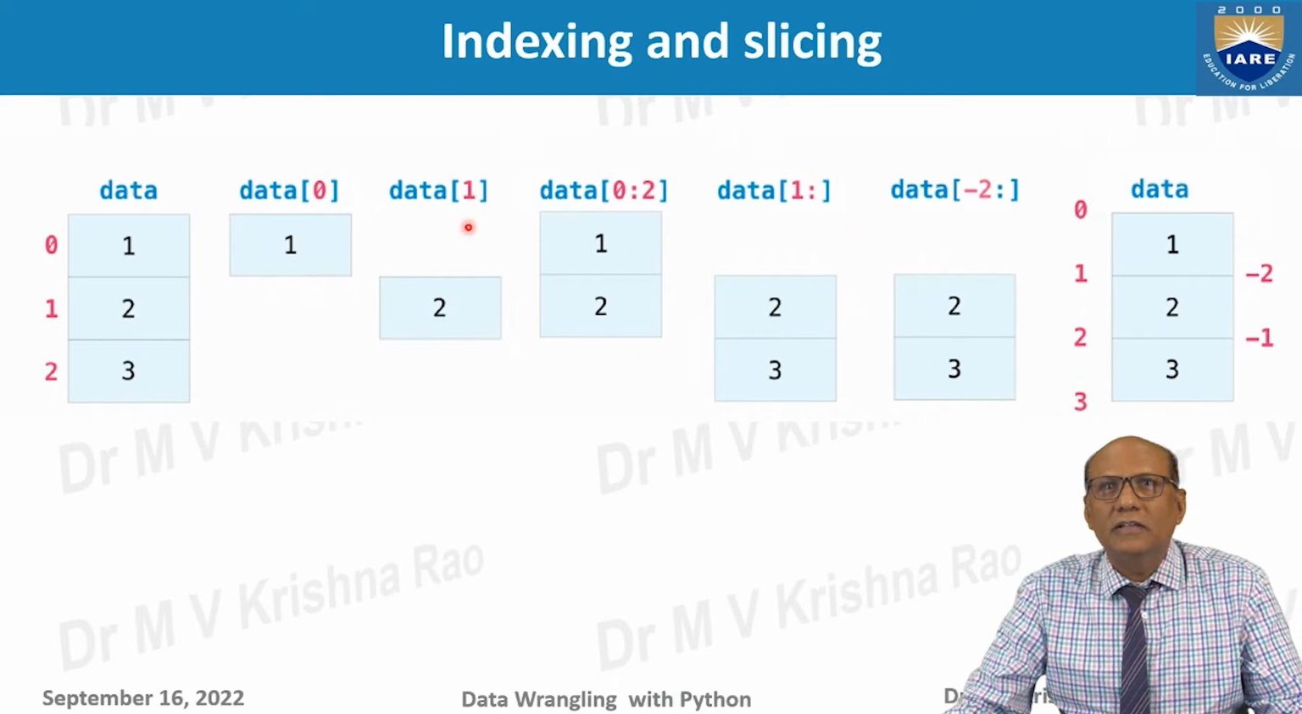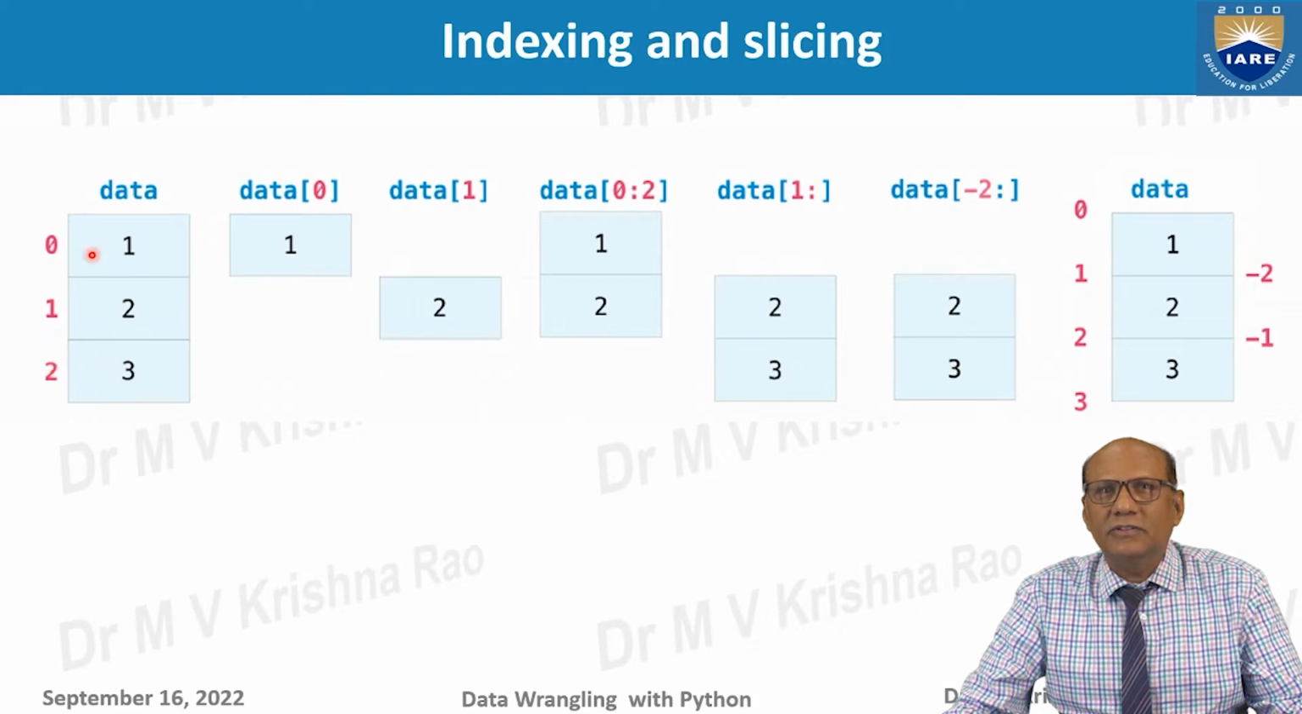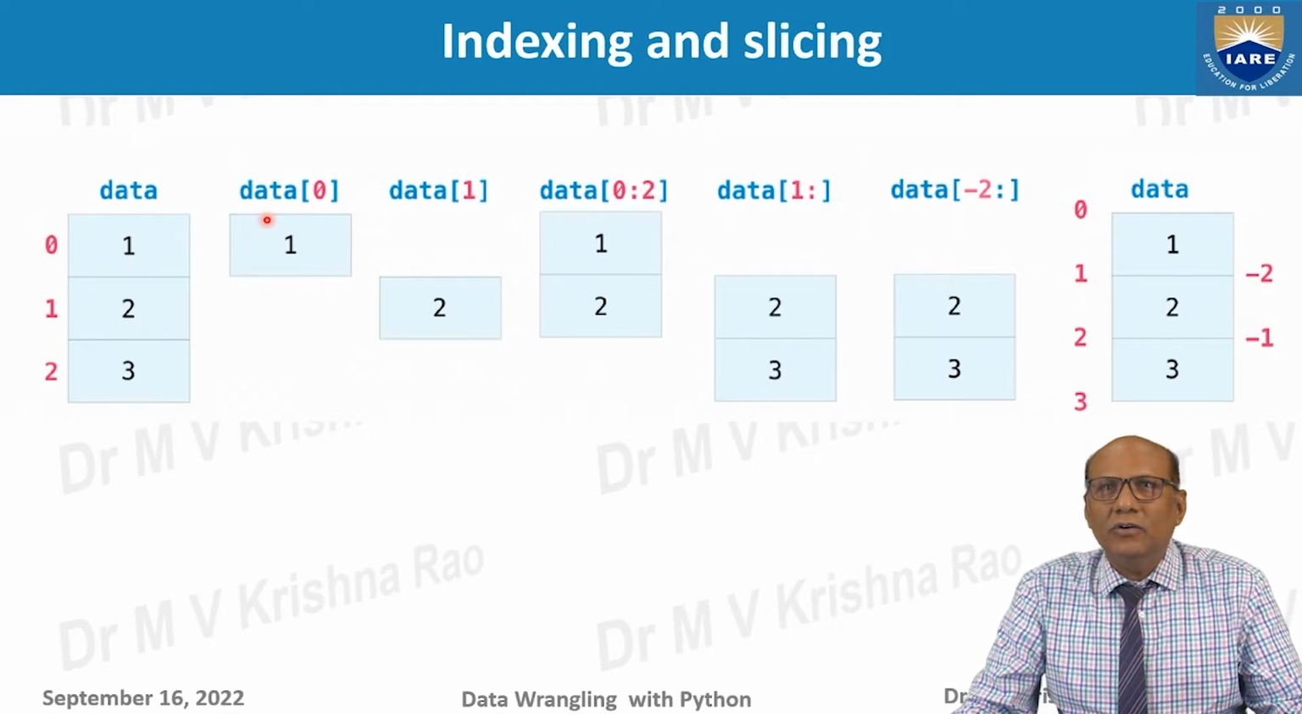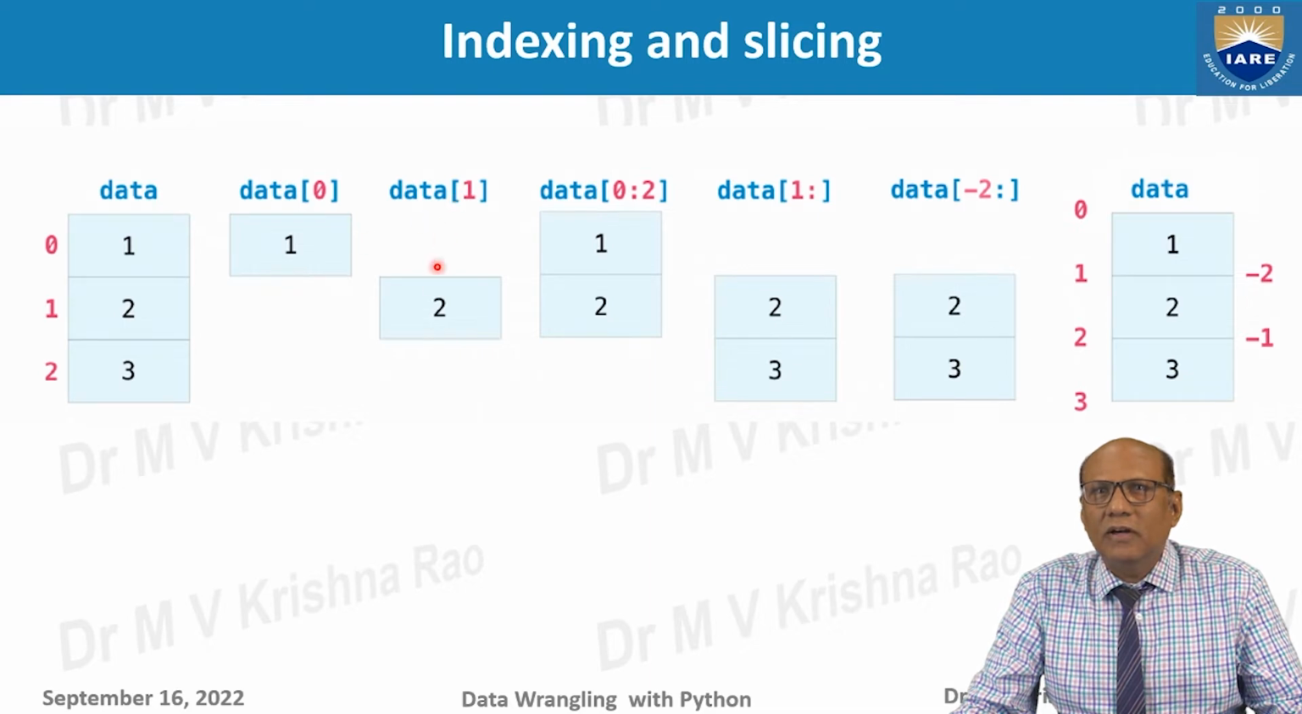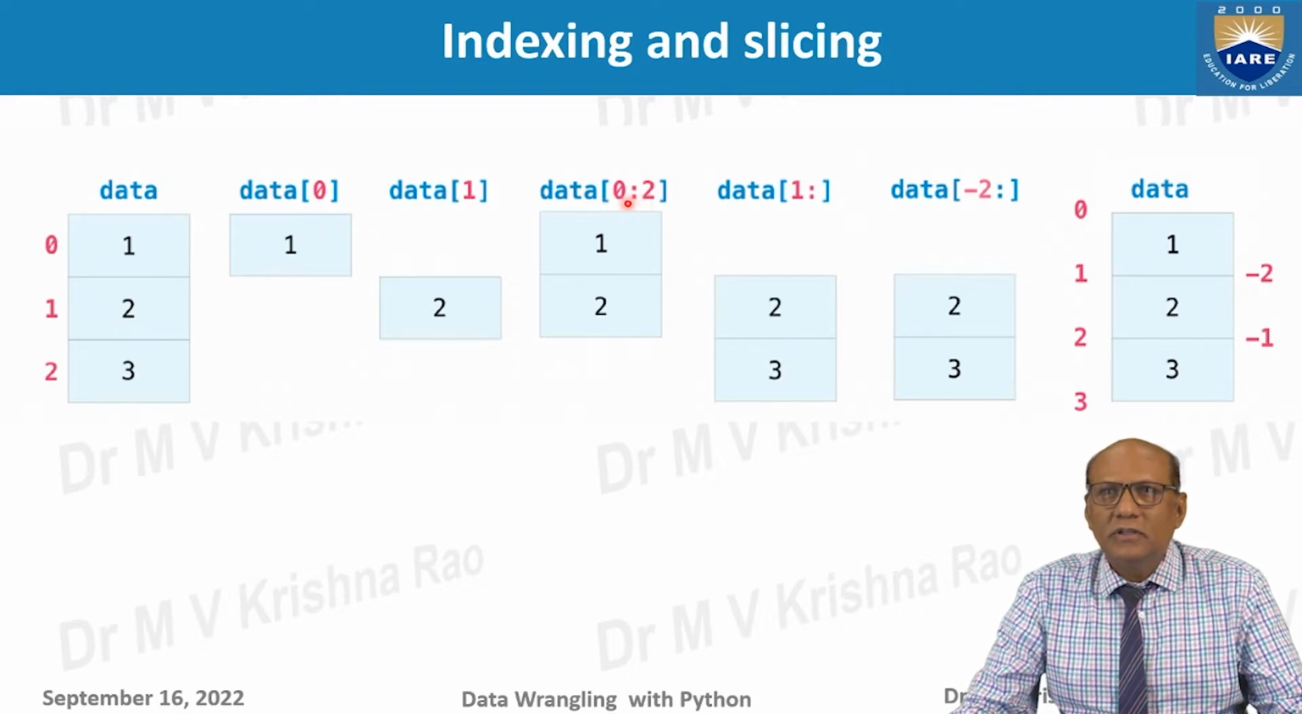So let us take a variable data of length 3. The index starts from 0, 1, 2. There are 3 elements here. The 0th index has 1, the first index has 2, the second index has 3. So the data variable contains 3 values, 1, 2, 3. And how you extract this, how you index this: data of 0 is 1, data of 1 is the middle value here, then data 0 colon 2 means